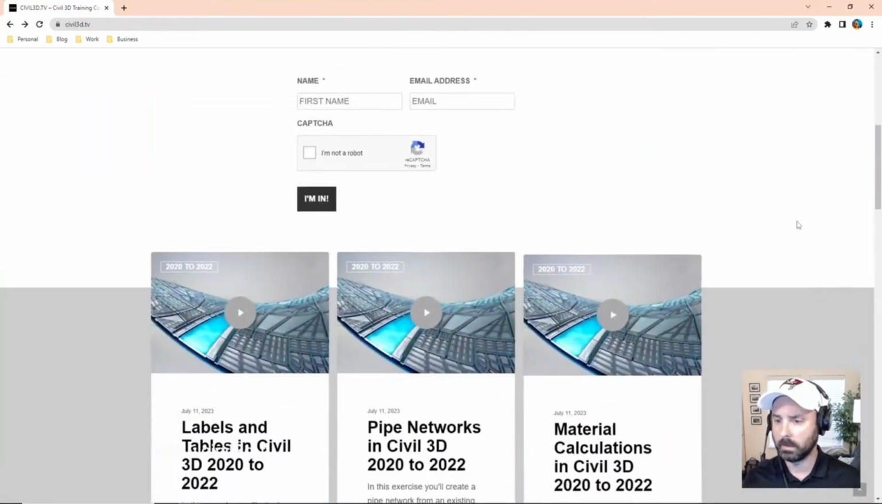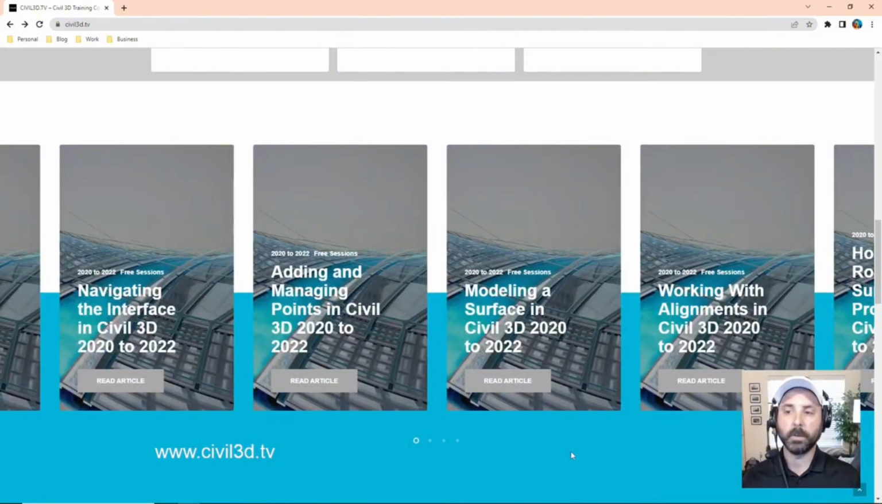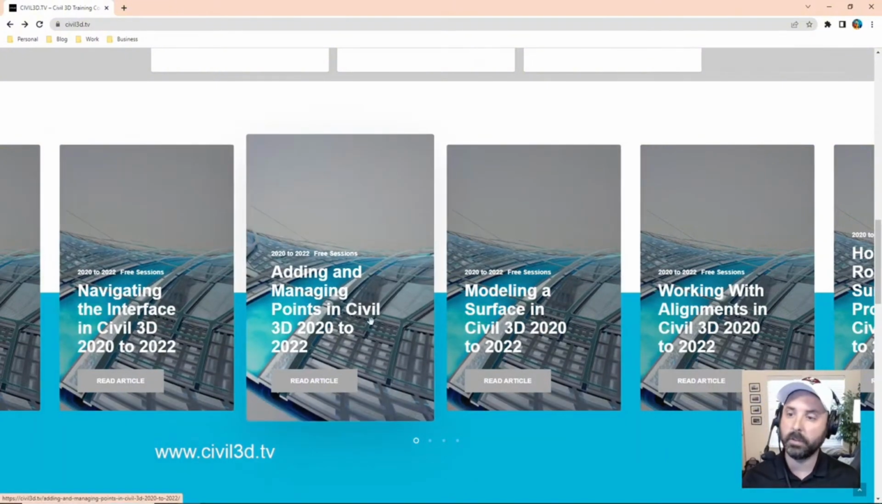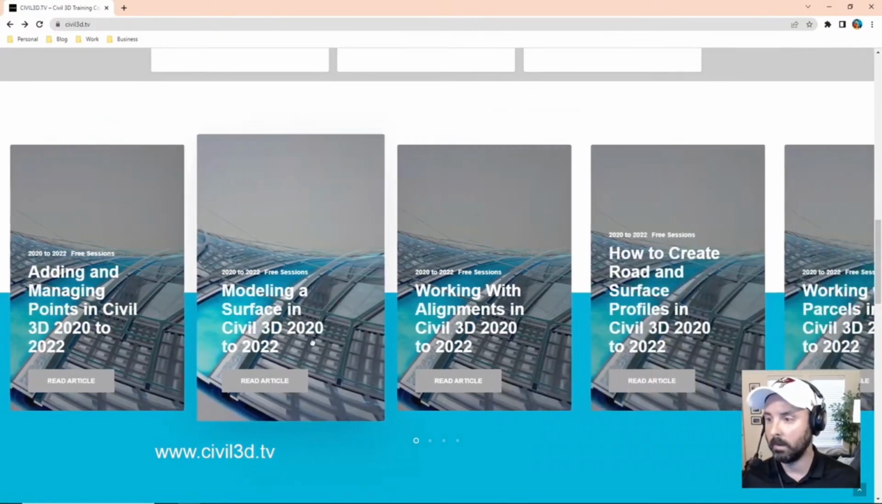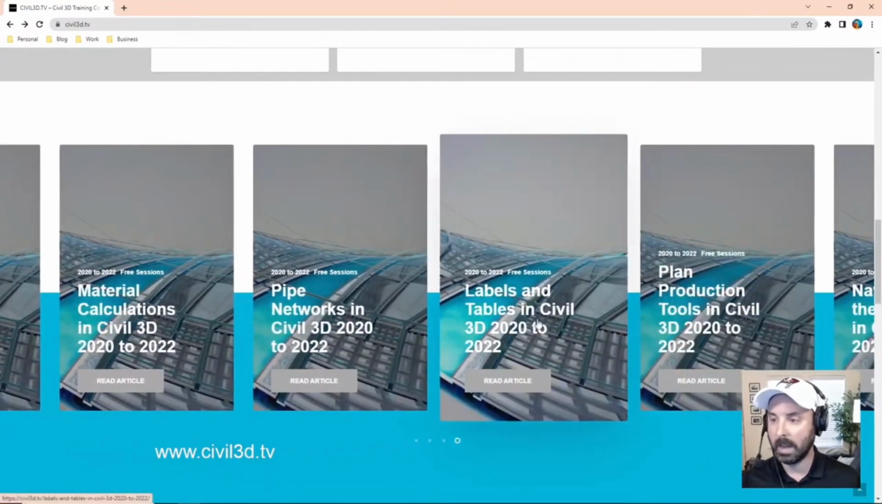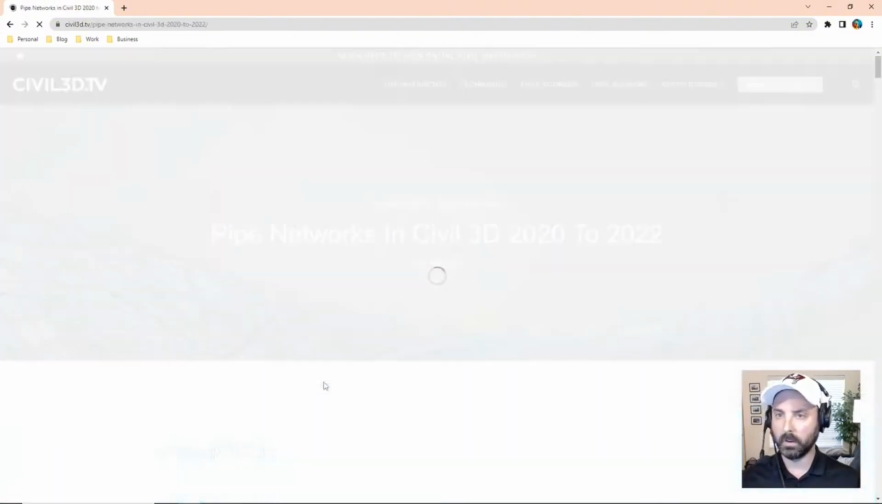What else? If you want to learn more about Civil 3D, prior versions like Civil 3D 2020 through 2022, the entire course is about 10 hours worth of content, from navigating the interface to adding and managing points. You can just cycle through all of these different subjects. And again, it's just a lot of information. The only thing you're going to be dealing with is that if you click on one of these articles,